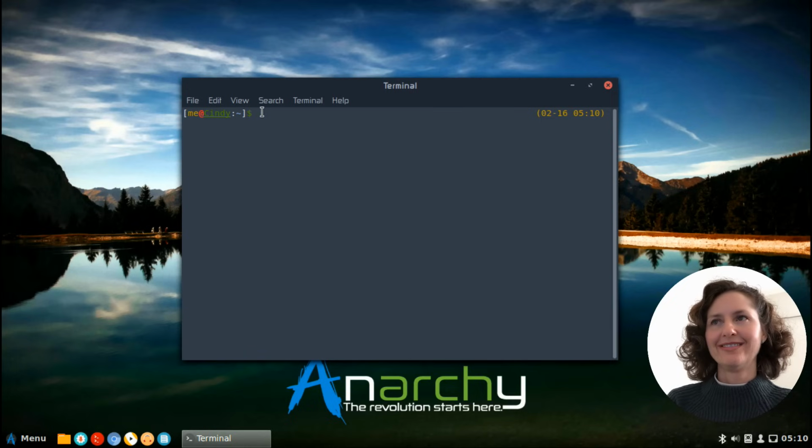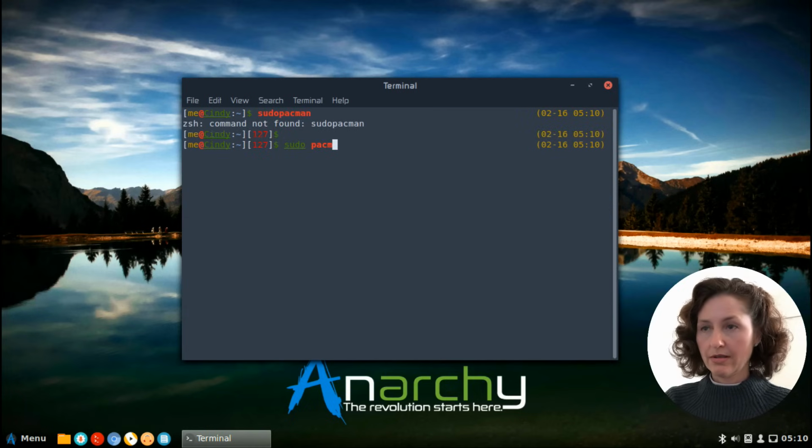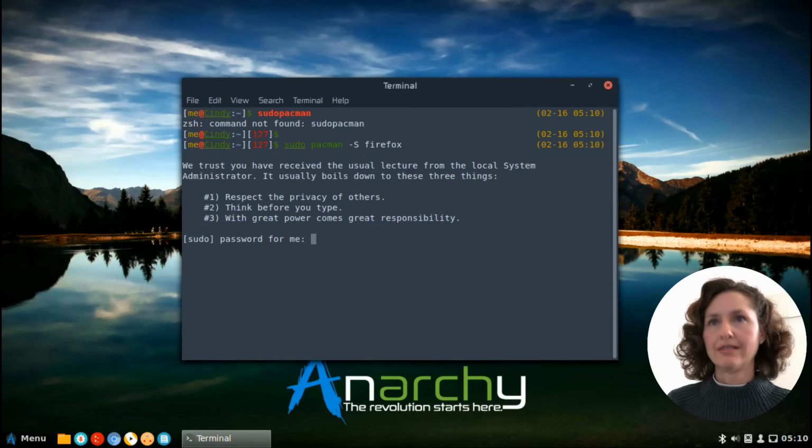Let's say you wanted to get Firefox. Okay, so it's sudo pacman. Do you like how it's saying this is wrong, and then as soon as you get the word right, it's green? Because it knows that word is right. Oh, yeah. Sudo pacman, then you do a little -S, and you type in the program name you want. Firefox? Yep, Firefox. So you just type in what you want, press enter, and then